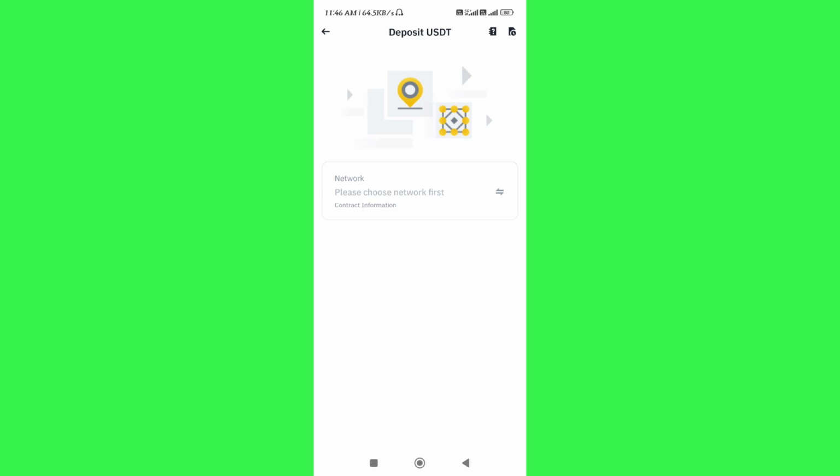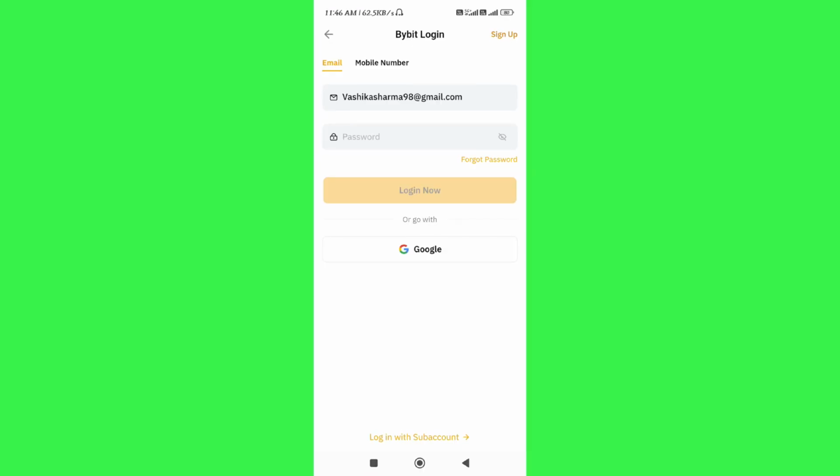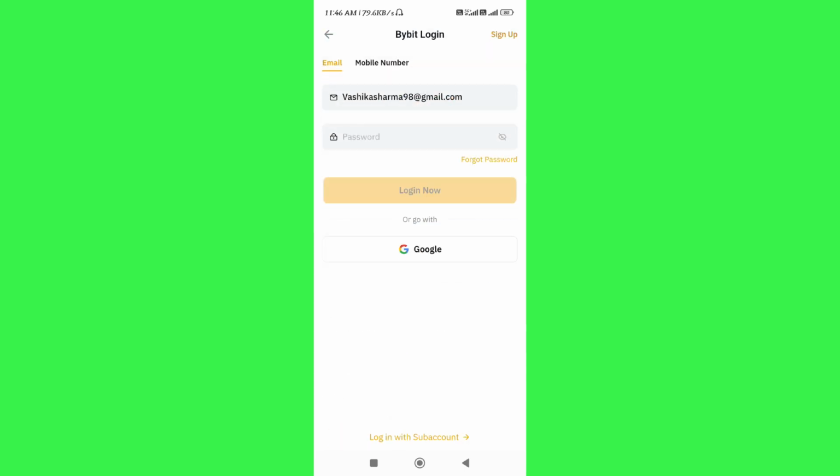So you just have to copy the code from here, and then you just have to launch your Bybit mobile application, and then you just have to log in into your account. Now once you're successfully logged in, you need to tap on the assets tab in the bottom right hand corner of the screen,